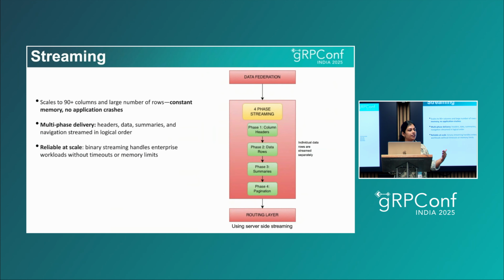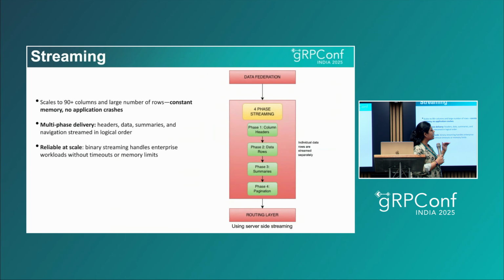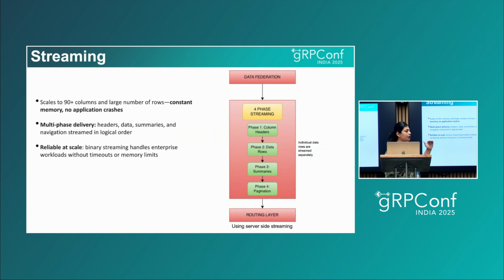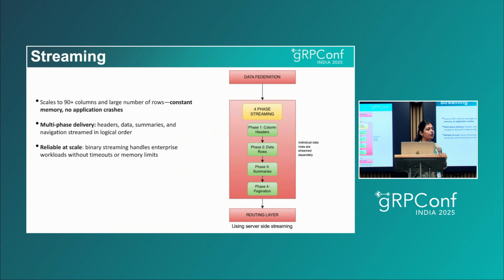In case of time series, if I say a 30-day interval, these can be 30 data points. For campaigns, there can be hundreds of campaigns that the user has created. So instead of sending all these campaigns or the days' data together, we send it one by one. For days, 30 day rows would be streamed one after the other, followed by the summaries. Those summaries are the subtotals or other summarized data that the user would want to see at a glance. This is followed by the pagination information that is used for navigation.